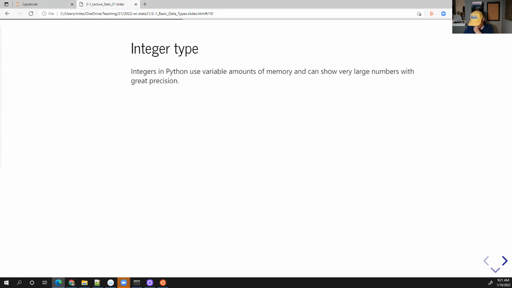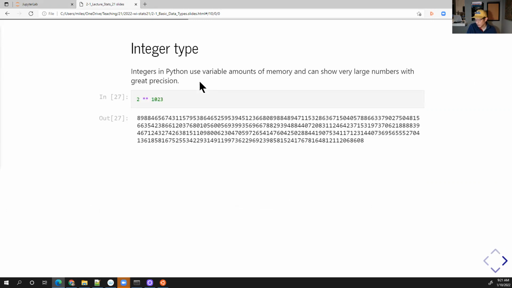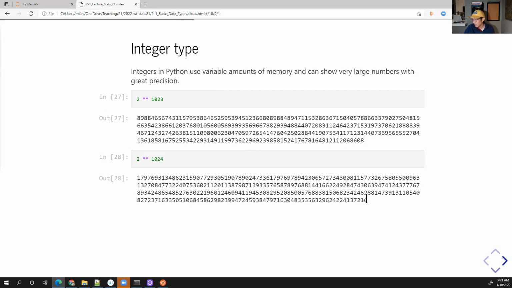All right, meanwhile, we have integers in Python. And one thing about integers in Python is they don't have a fixed amount of memory. Therefore, you can store very, very big numbers as integers in Python. If I did 2 to the 1023, the computer will actually do this, and it calculates every single position here. Whereas 2 to the 1024 caused an overflow error